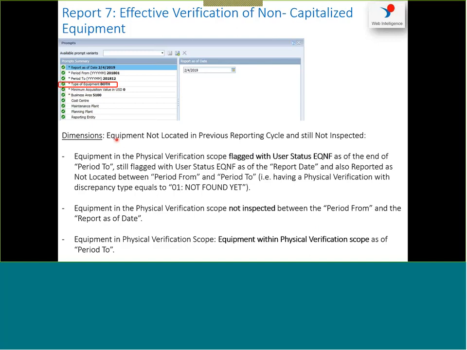For example, here, equipment not located in previous reporting cycle and still not inspected. So what does that mean when we're talking about this type of equipment? So equipment in the physical verification scope flagged with user status not found as of the end of reporting period, still flagged with user status not found as of report date, and also reported as not located between period from and period to, okay? Also, equipment in the physical verification scope not inspected between the period and report date, and same thing for the last one, equipment with physical verification scope as of period 2. Okay, so just the quick introduction to the dimensions of this report,